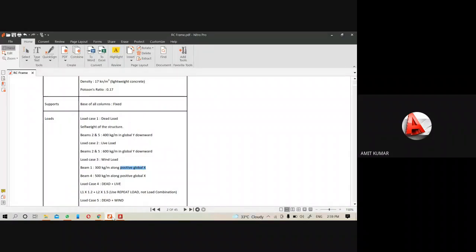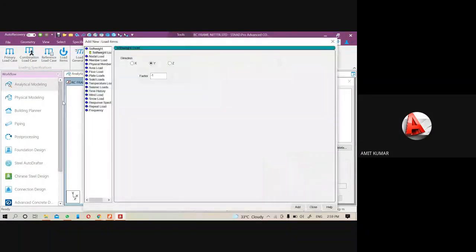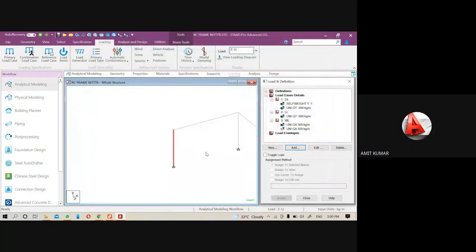Same on the beam number 4, it is 500 kg per meter. So under the wind load, select the wind load, click on the add, give the member load again. This time it is 500 along the GX, add it, and it will be assigned on the member number 4.